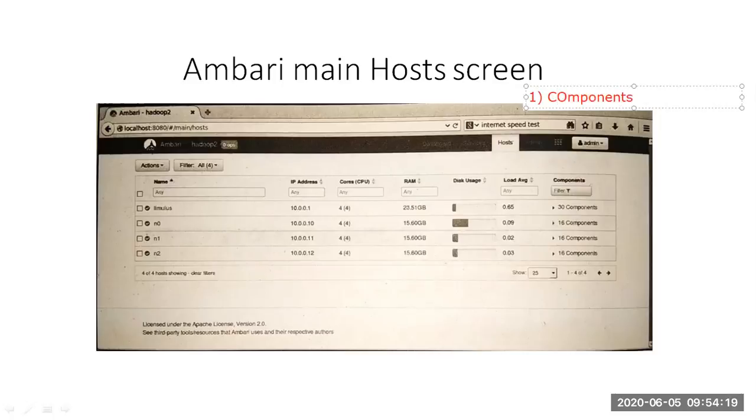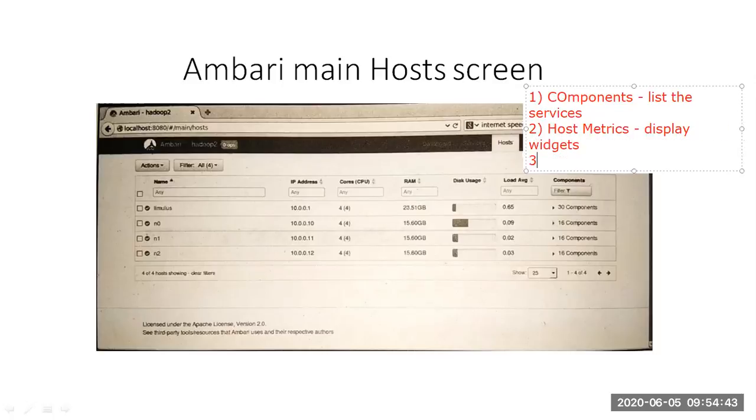The first one is the components, which lists the services, and second one is metrics. What are the host metrics that we are using, and it will display all the widgets. Those widgets act as metrics for this application.